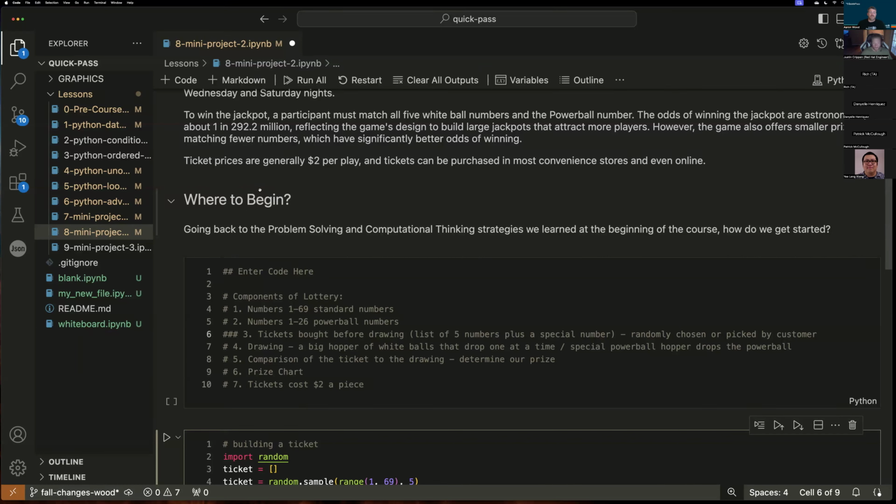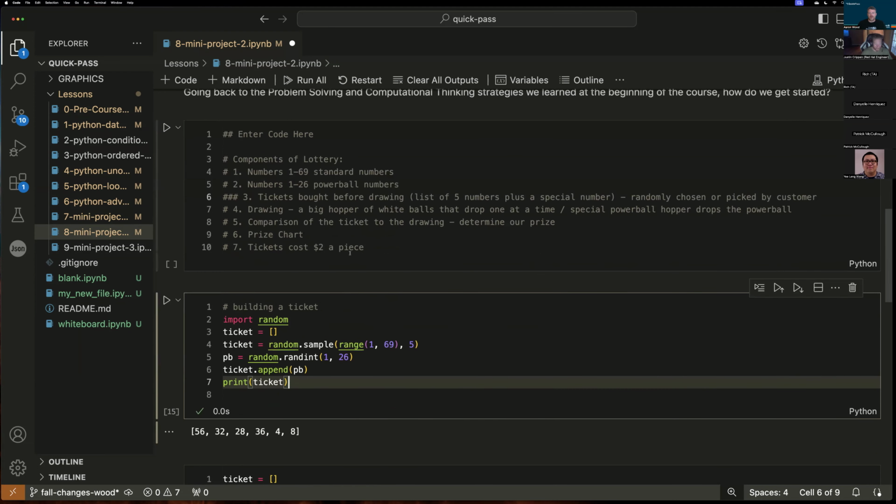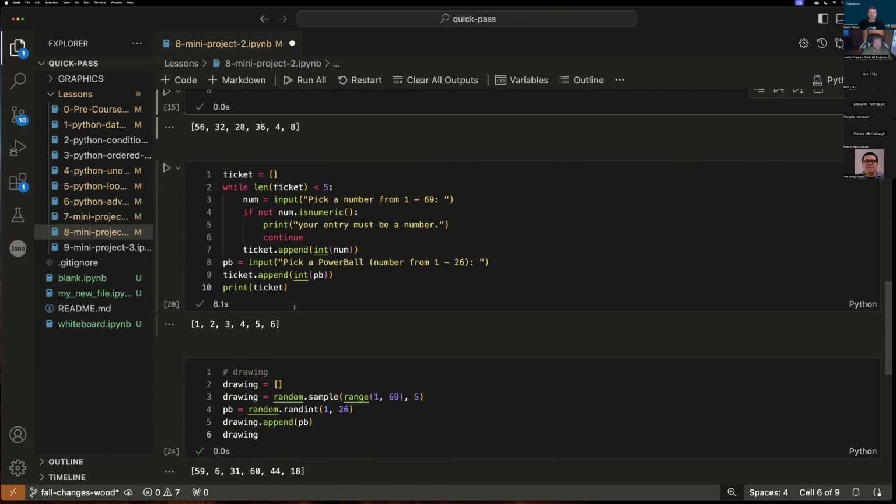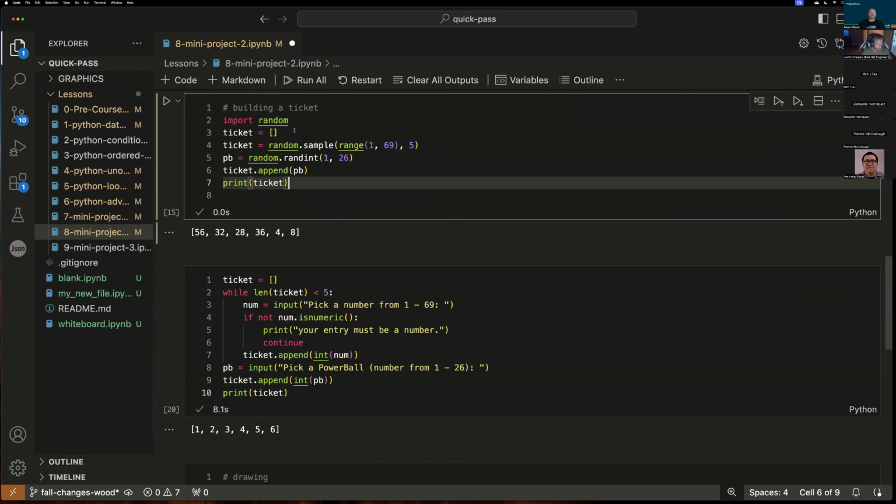And then maybe getting realistic with it. So maybe looking at, okay, how many drawings are there in 20 years? How much money could you spend playing the lottery over 20 years? And maybe we can then track to see how much money we can win or lose based on that. But right now, all we've done is we've figured out a way with Python to build a ticket,